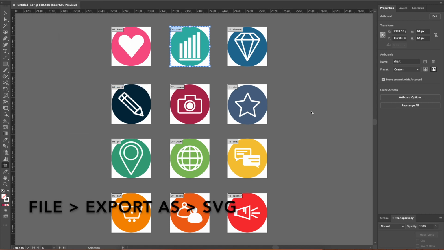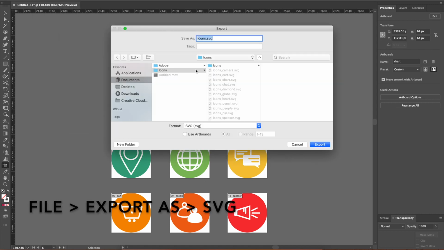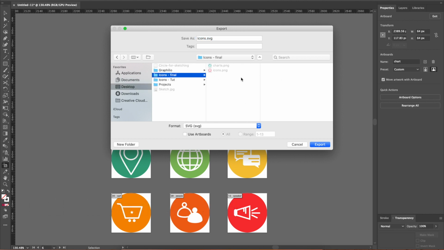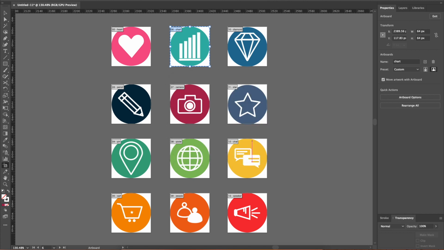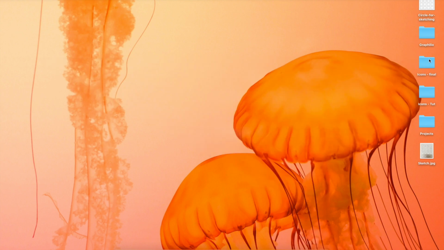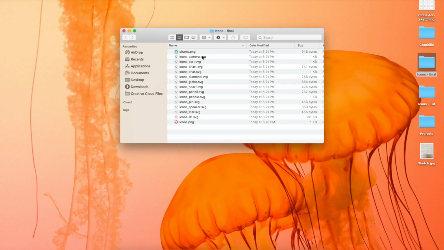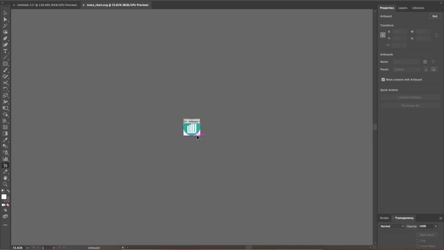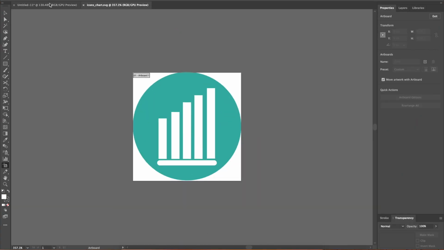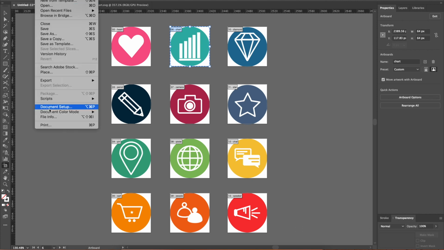The second way to export these icons is by exporting them as SVG. So let's go to icons final, use artboards, all, and that's it. Yes, all these settings. Okay. Let's go here and see our icons. For example, we open the chart icon. There we go. And the third way to export is